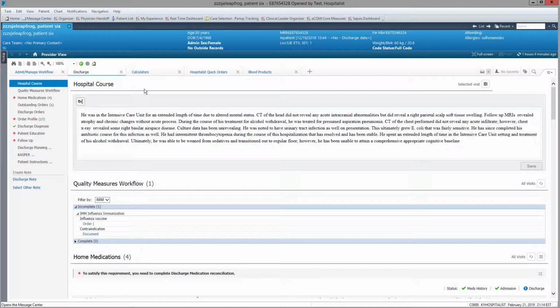The first component on the discharge workflow page we will discuss is the hospital course component. This component does match the same component on the Admit Manage Workflow page and is intended to allow the hospital course to be developed during the patient's hospitalization such that at the time of discharge, this information can be pulled directly into the discharge note. It is multi-contributor in that one provider can start the note, another provider can continue the note, and another provider can further continue that note. Whichever the last provider is that pulls this data into the discharge note will be responsible for all of the